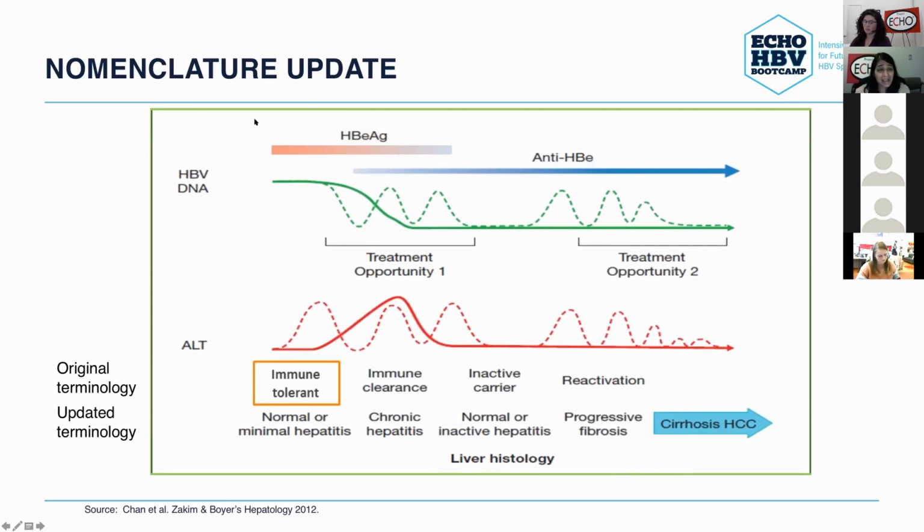Your Hep B DNA viral load might be very elevated in these early E antigen years, and your ALT typically is normal. Again, we used to, and still in some societies, call this immune tolerant, but this really means that there's normal or minimal hepatitis going on and usually no fibrosis. So these are typically not patients that we're jumping the gun to recommend treatment on. Remember, for those patients who are born with this, and this is a lifelong illness, we need to be really